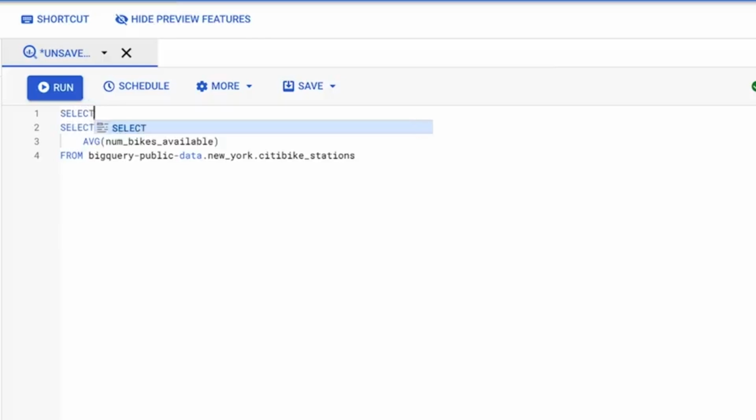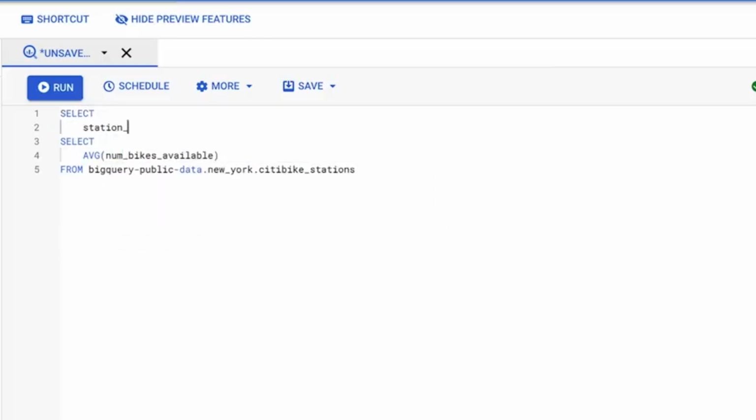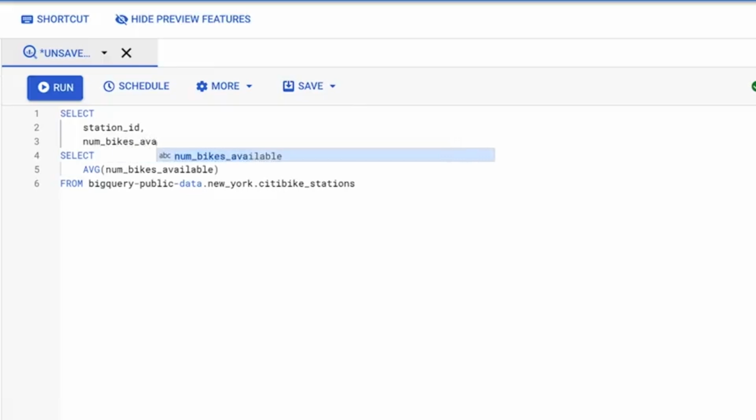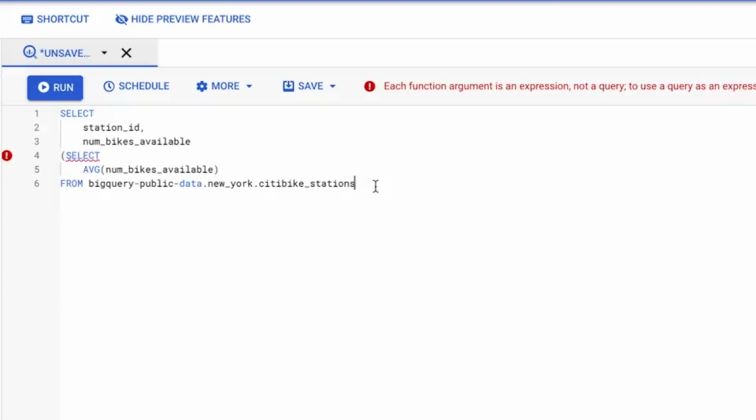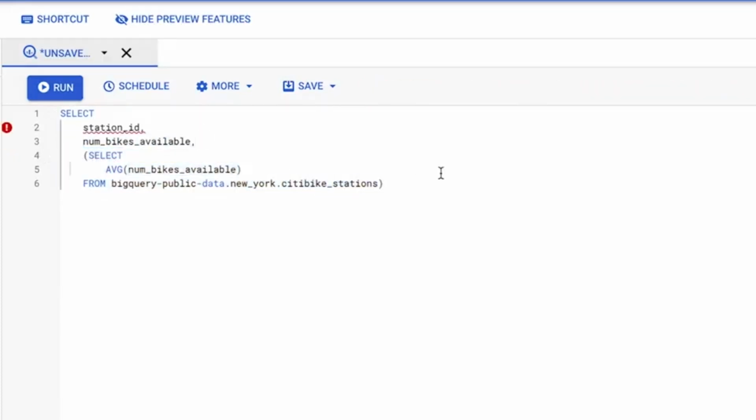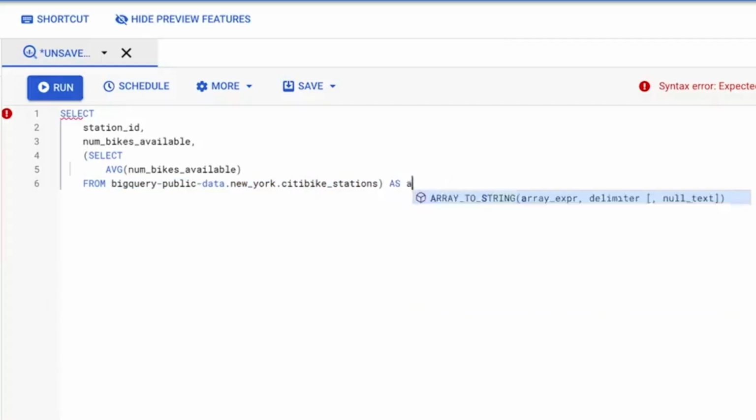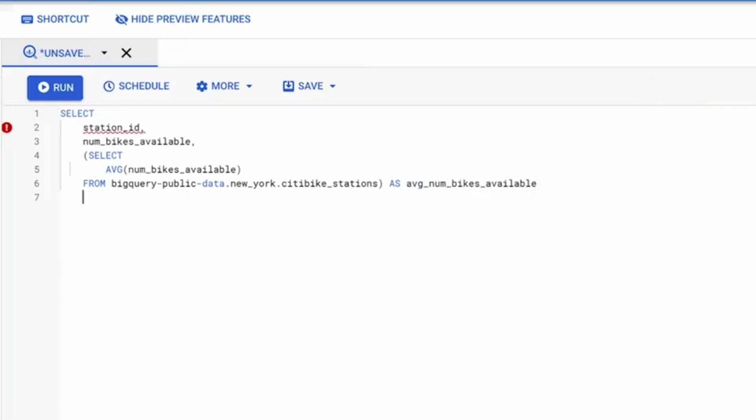Now, let's build our outer select query. We want to select the station ID and the number of bikes available. Then we'll put the select query that's pulling the average number of bikes inside that outer query by using parentheses. We'll also build from into the subquery before closing it with another parenthesis and completing the outer query. The end of the outer query has as to show what we want to call this column and a final from statement to indicate which table we're referring to.